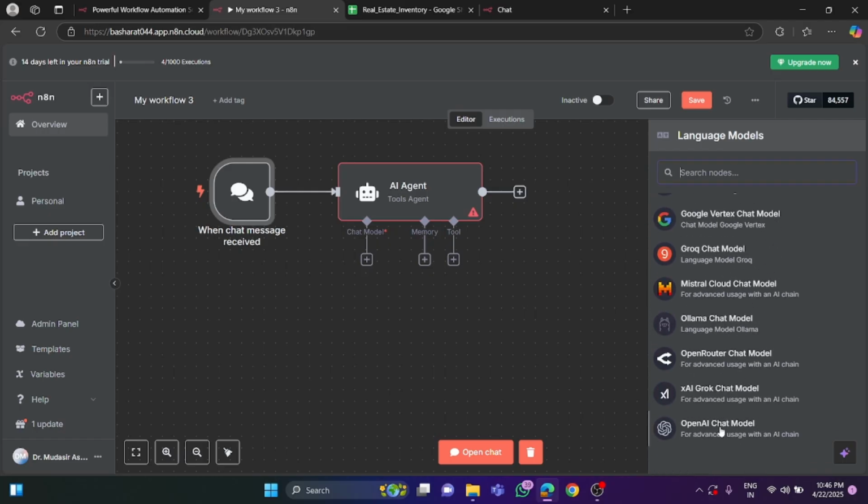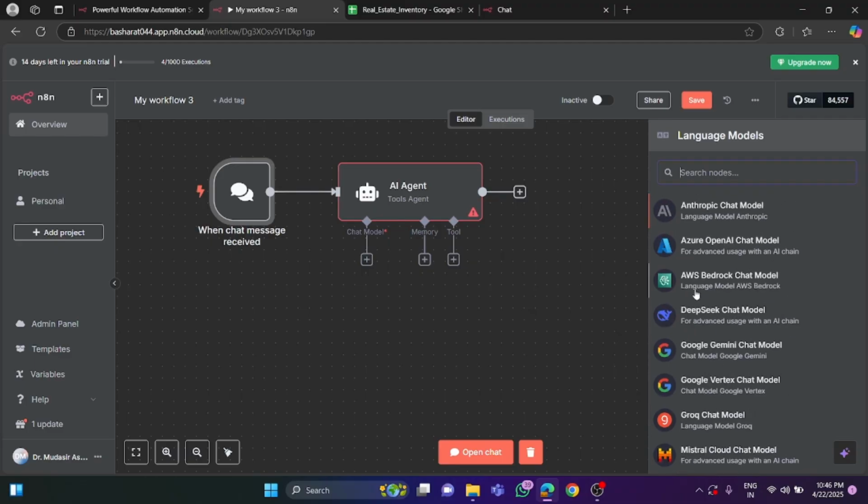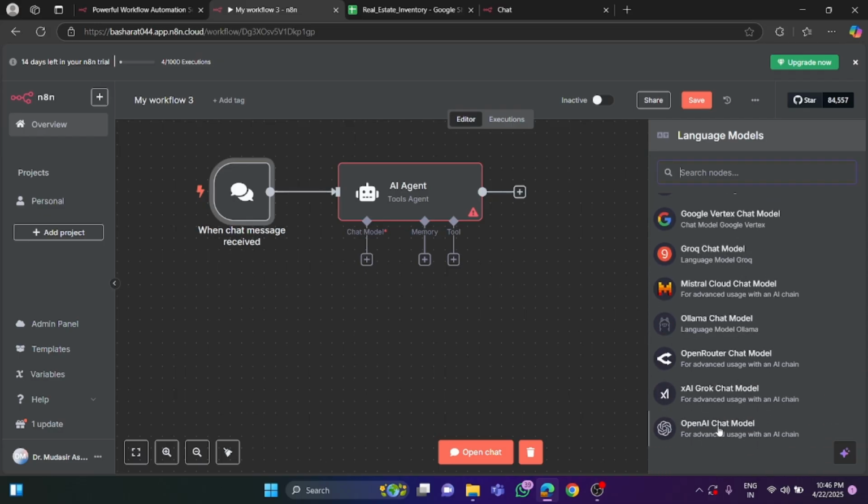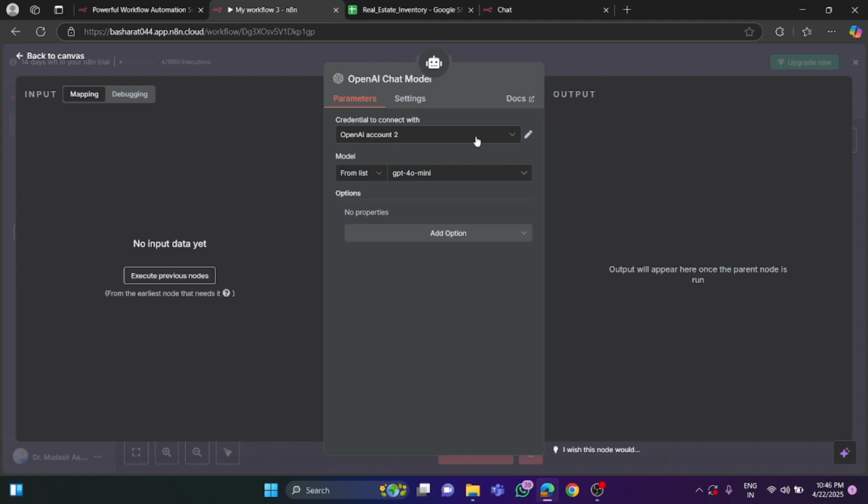Suppose over here you would see the OpenAI chat model, which is basically our ChatGPT, and over here you would see the DeepSeek chat model. There are so many chat models available, but for this video I would be using the OpenAI chat model, and I feel it's a bit more accurate. So for this video I would be using the OpenAI chat model. Once you click on this,